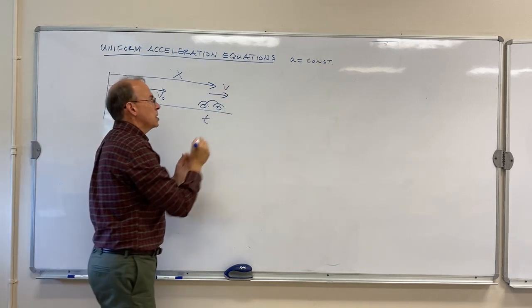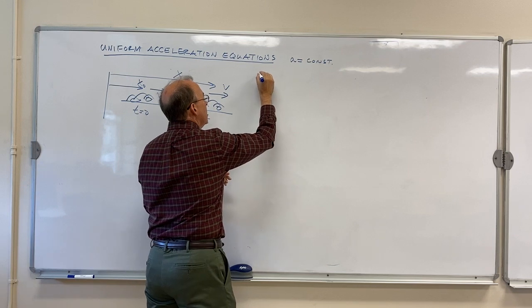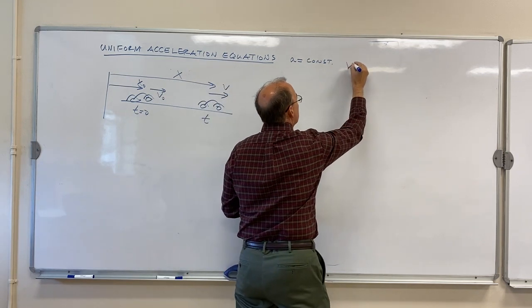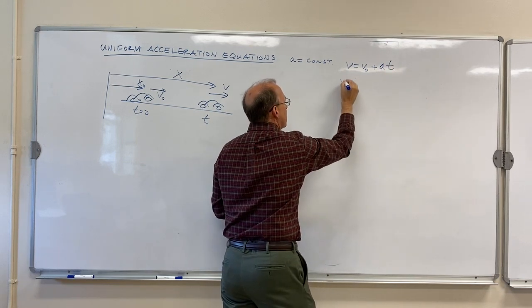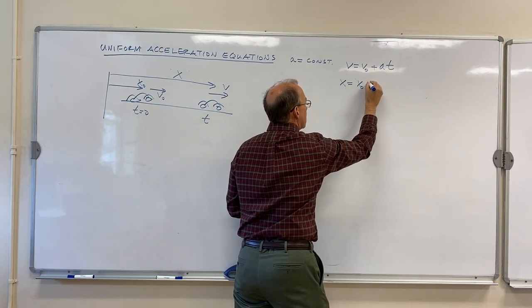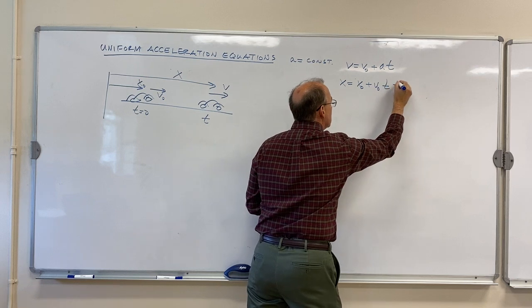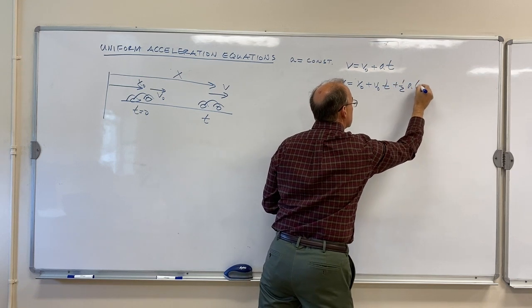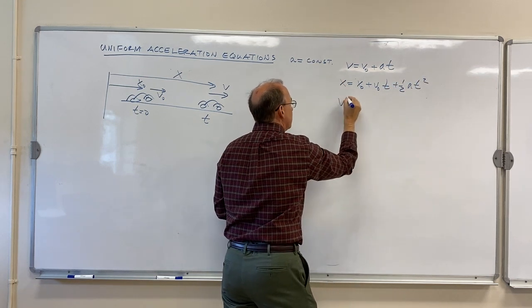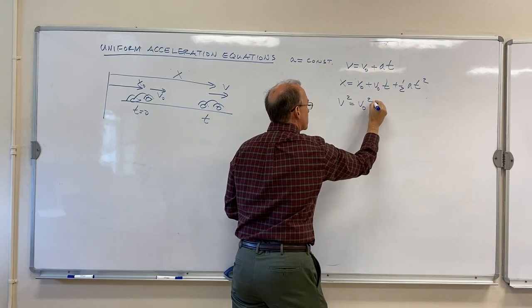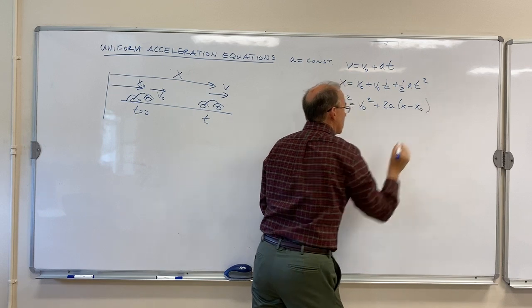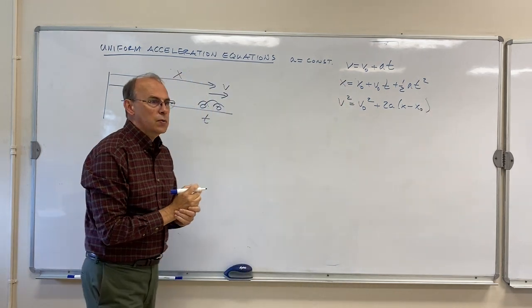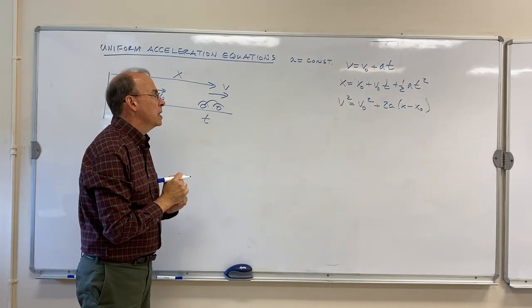Now using those symbols, these equations become v equals v sub 0 plus at, x equals x sub 0 plus v sub 0 t plus 1/2 at squared, and v squared is v sub 0 squared plus 2a times x minus x sub 0. So I'm not going to derive those, they're derived in your book, and we're just going to take them as